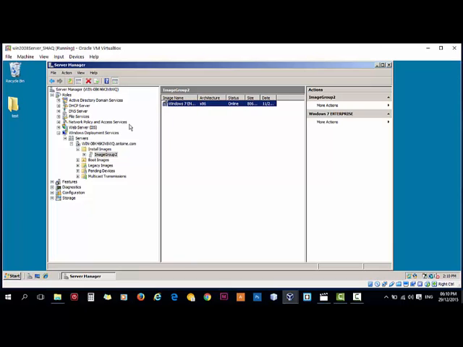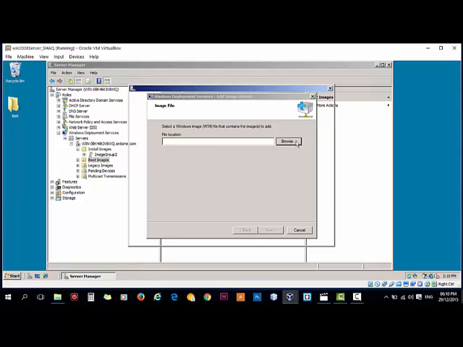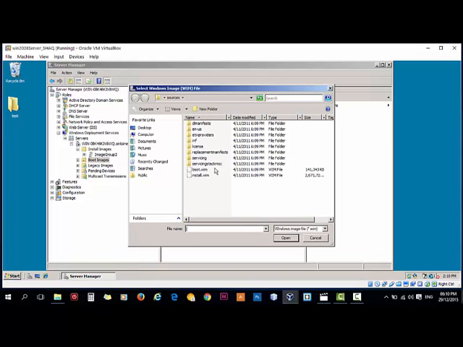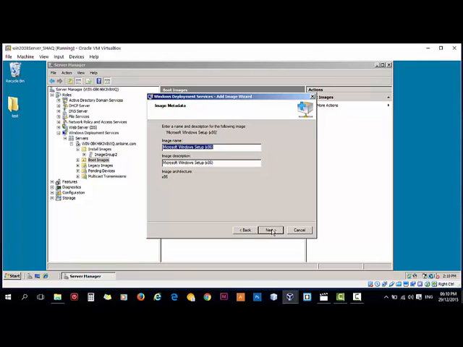Now we're going to pass the boot Vim image. So right click the boot images folder and click add boot image. Browse to the path and go into the same path, and you will see boot Vim file. So click open, click next, next again,